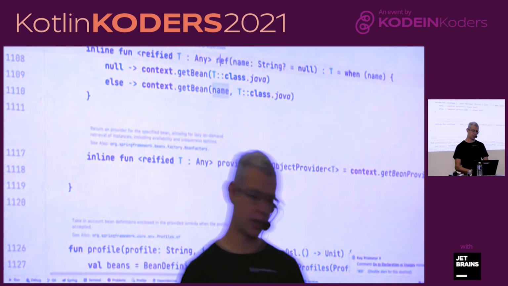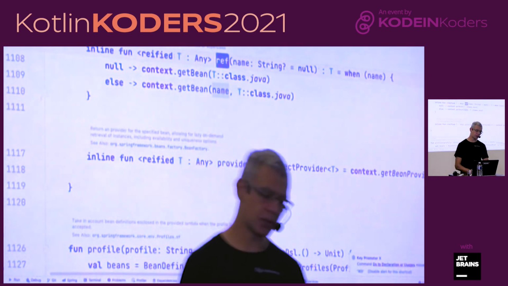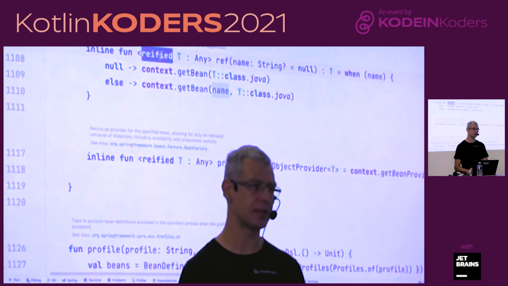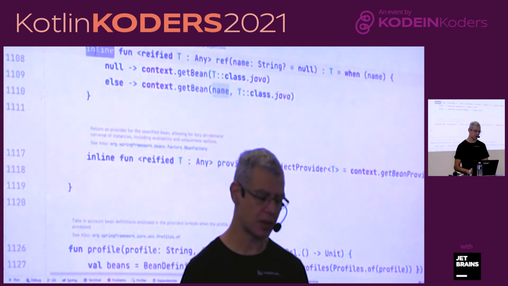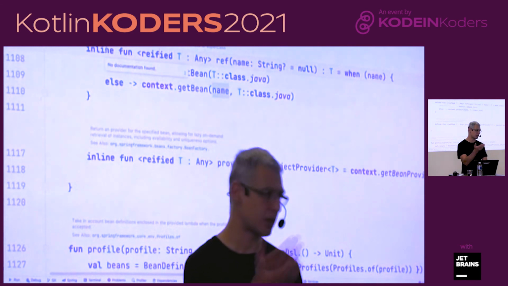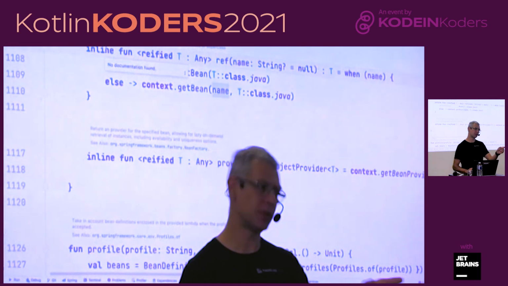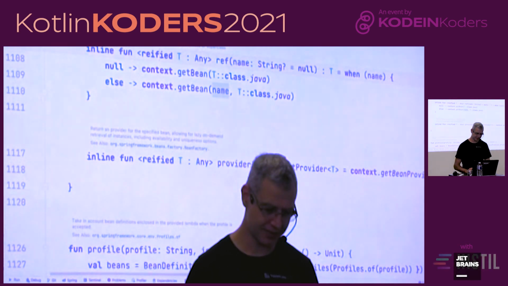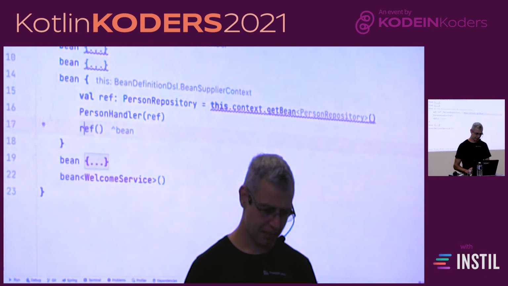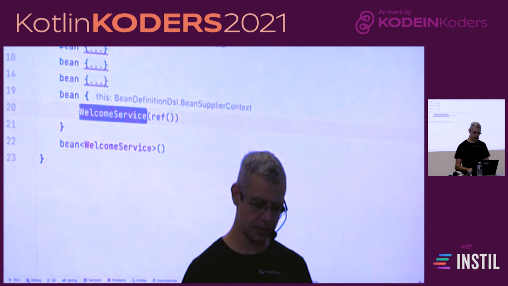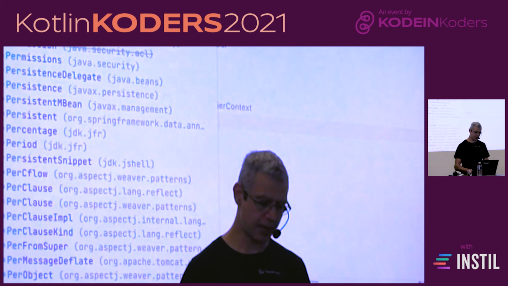So that's exactly what ref does. It tells you, hey, we will be using type T, which is reified, but it can only work if you have inline, because reified without inline doesn't make any sense, again, because of type erasure. So you were right, but you didn't dare to tell me I was wrong. That's fine. And so now my code is much, much better. We can just say, hey, person handler